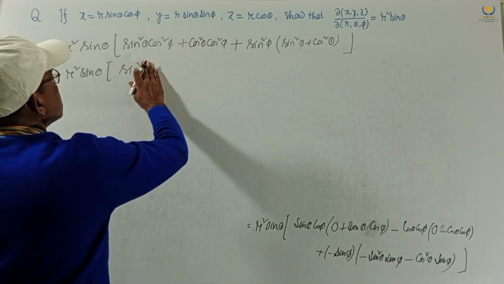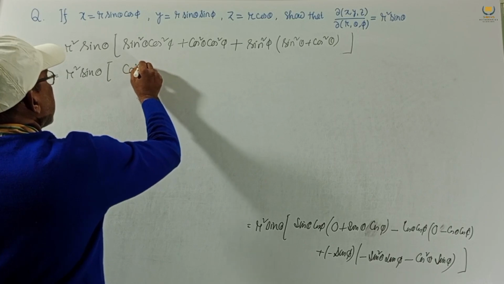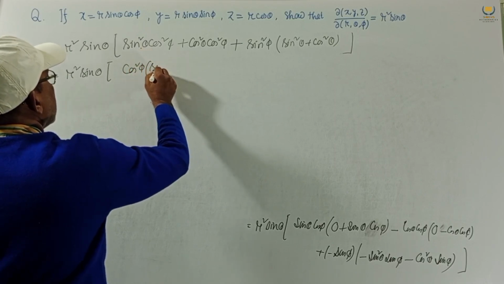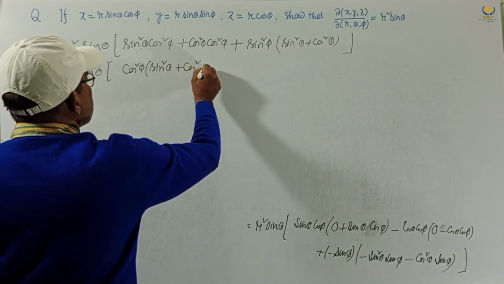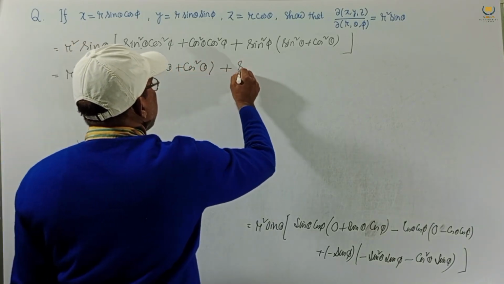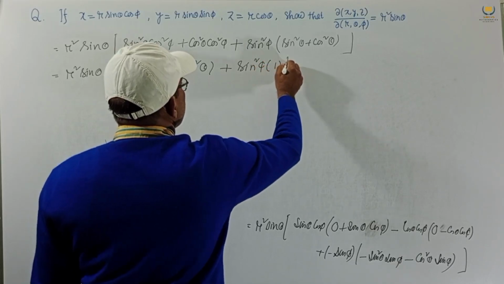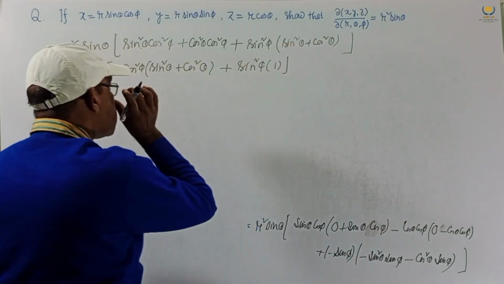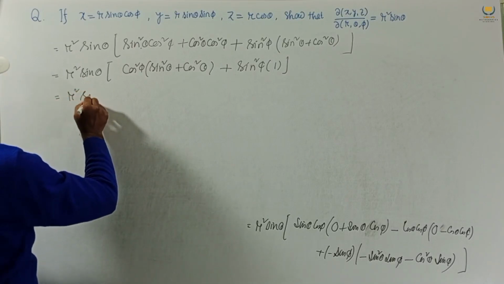From this two, cos square phi common, if we take cos square phi common, here we get sin square theta plus cos square theta, and here sin square phi, this is 1, sin square theta plus cos square theta is 1. So this will be r square sin theta